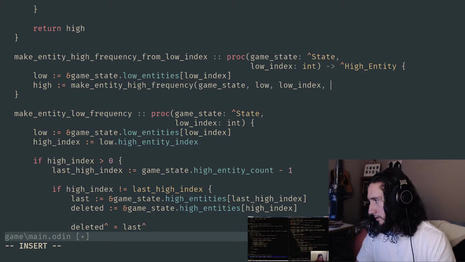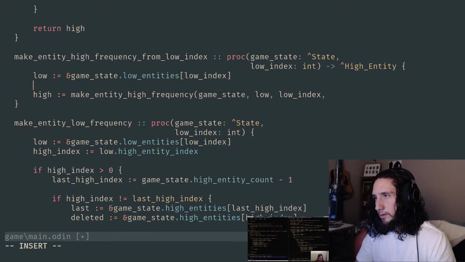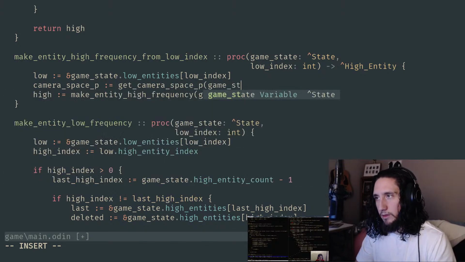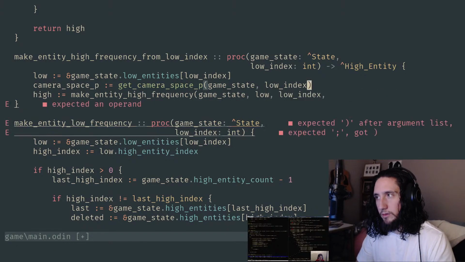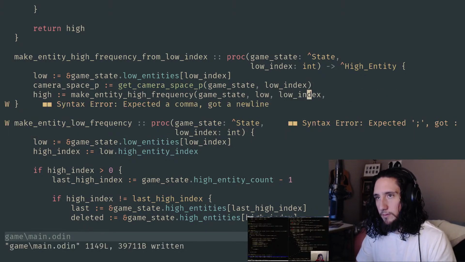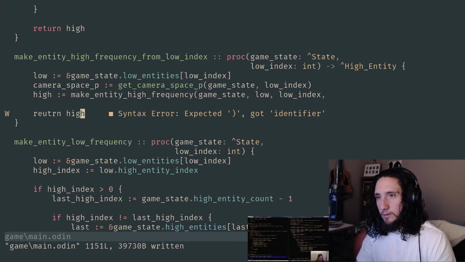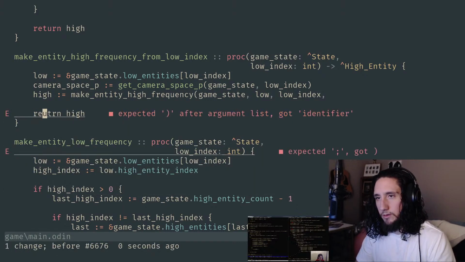And I guess we still need the camera space P, right? Get that off of the game state and the low index. And then return, whoops, we can spell return correctly.